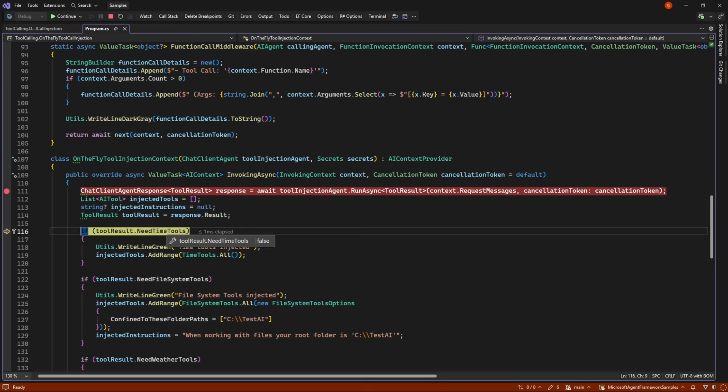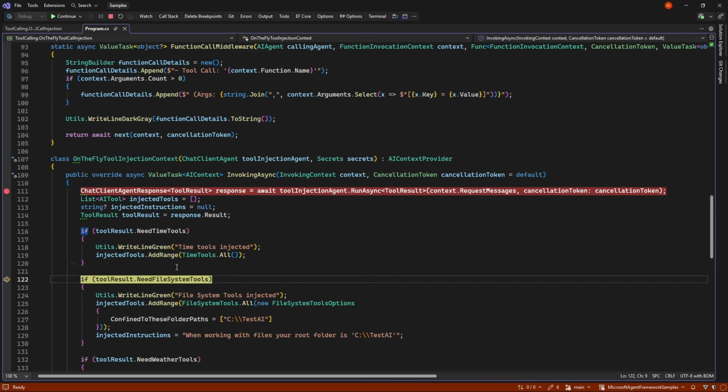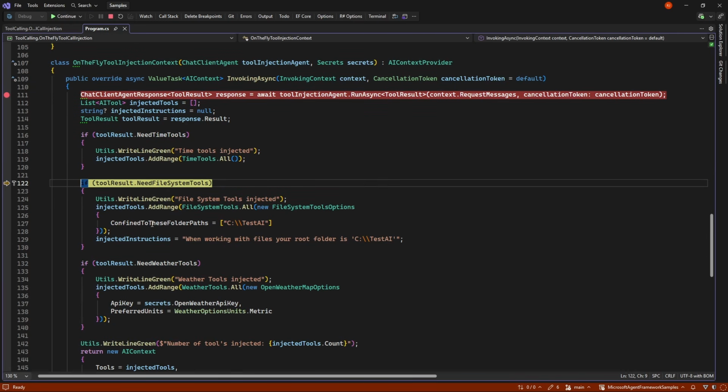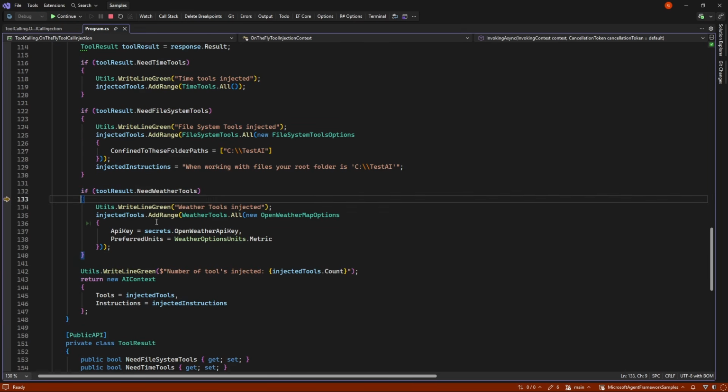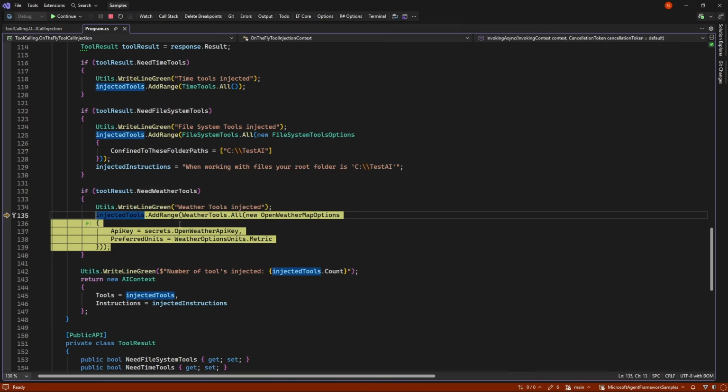And then we just use some if statements here. So we don't need time tools, so we don't inject those tools on the fly. We don't need file system tools, so we don't inject those on the fly. But we need weather tools, so we go in and inject those on the fly.